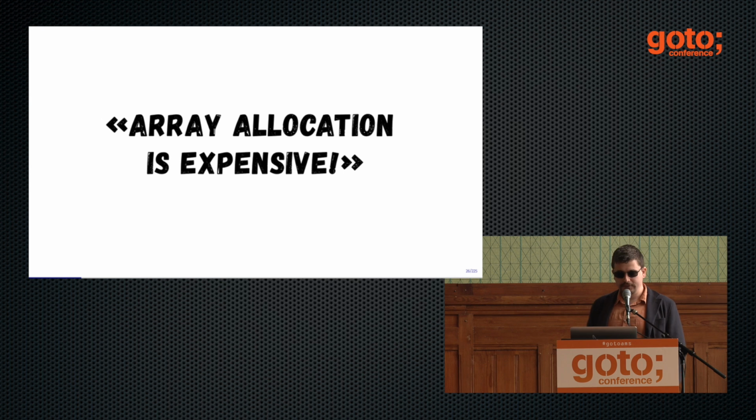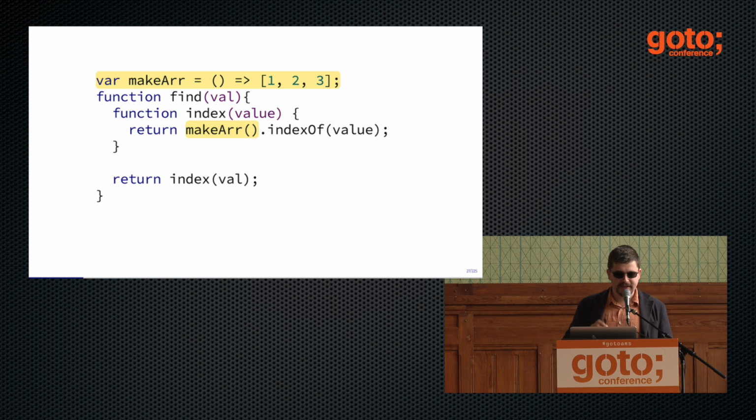And I came into the comments. I like coming into the comments and telling people that they're wrong. And I said, what about if I make a function that makes an array? And instead of moving the array allocation out, I move the function that creates this array out, and I will start calling this function in. So logically speaking, it should again drop the performance down, all the way down to like 4,000 or 5,000 operations per millisecond, right? But actually it does not. It actually is almost as fast.